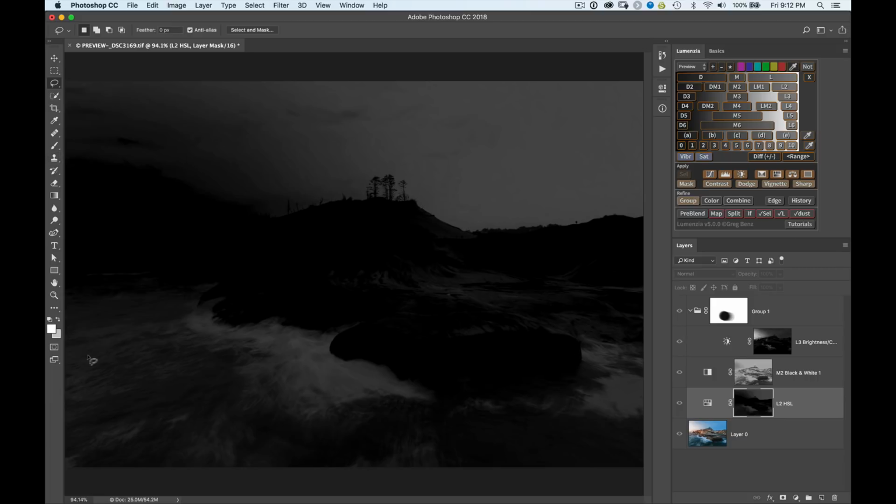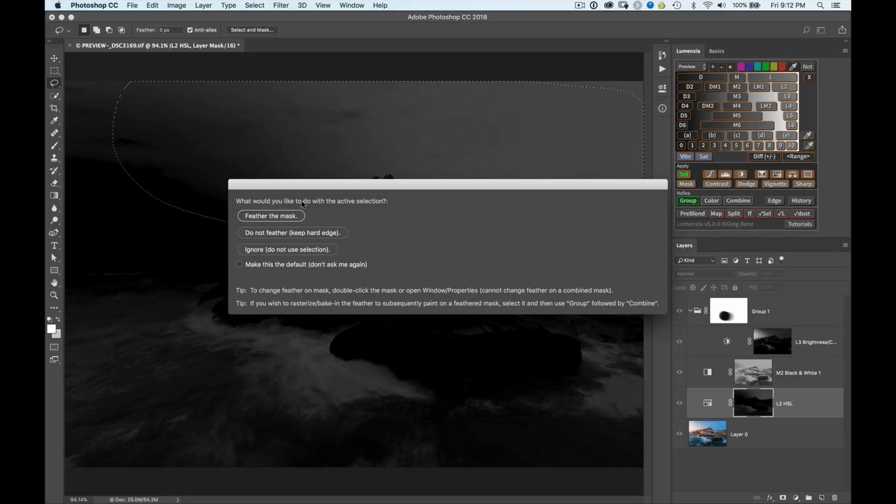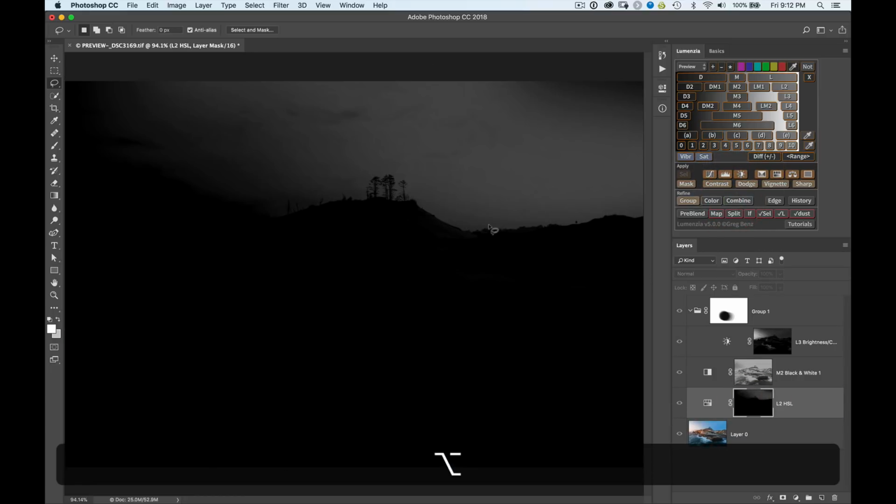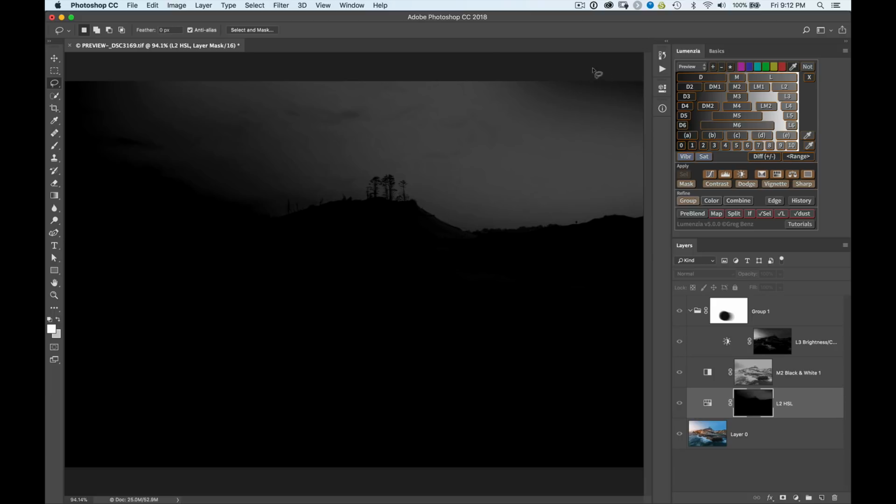And we could further eliminate this stuff down below simply by drawing a lasso selection around the stuff we want. It's a pretty bad selection, but just quick and dirty. Now if we hit group, let's feather that. We'll go ahead and combine it, and you can see that we've got that selection of the sky, which of course I would have done a better job selecting that corner, but it's a very quick way to start to